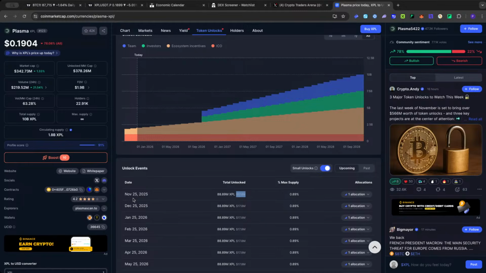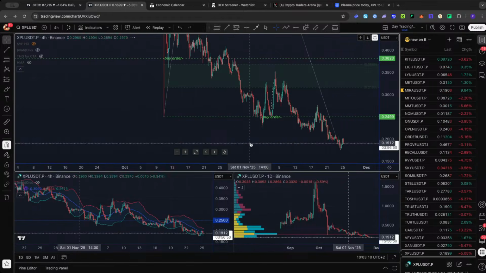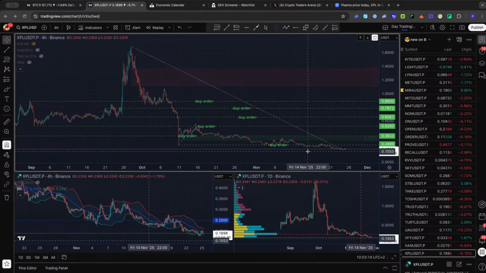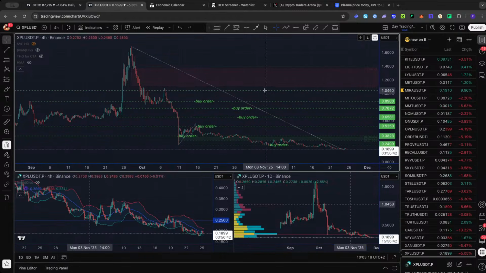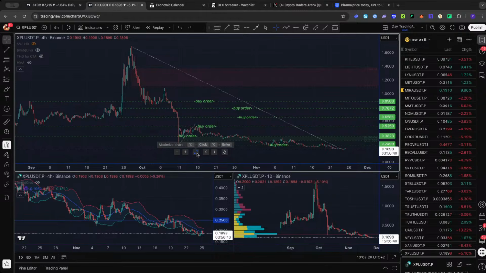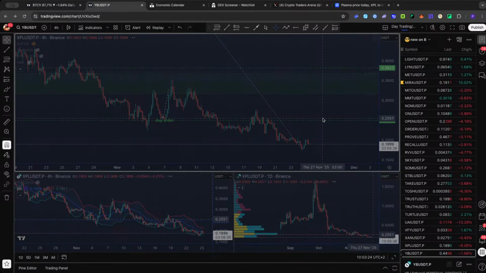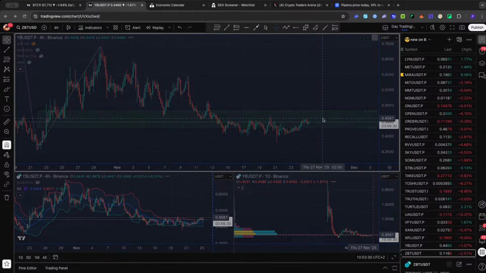So we should have the unlock already, or soon enough. If we form something here, I'll be more than happy to buy more. If I zoom out here, you know what I have: a lot of buying orders filled here, from 90 cents until here. And I'll buy even lower, small amounts. We'll see. Not yet. Looks nice, but maybe it'll take some time.